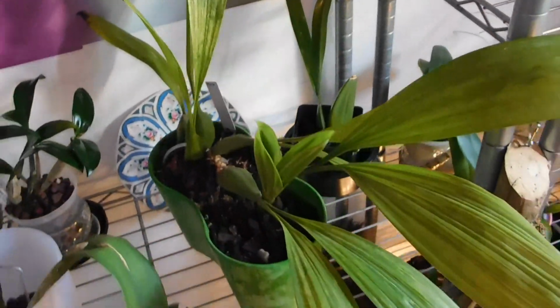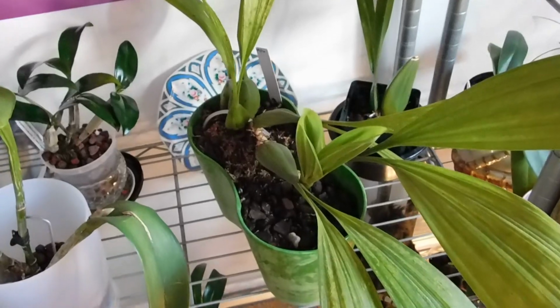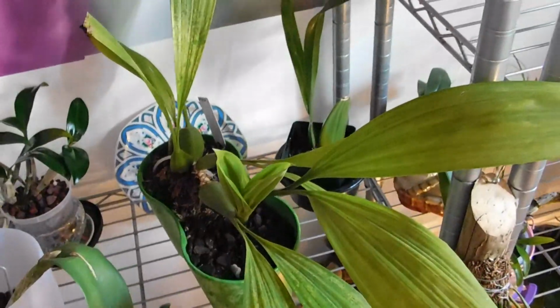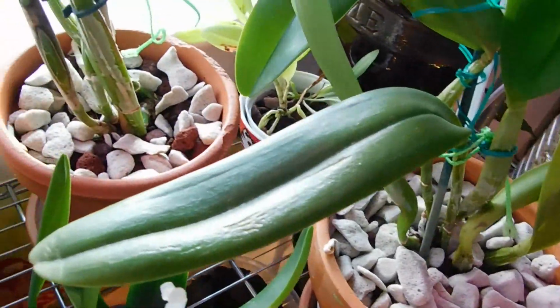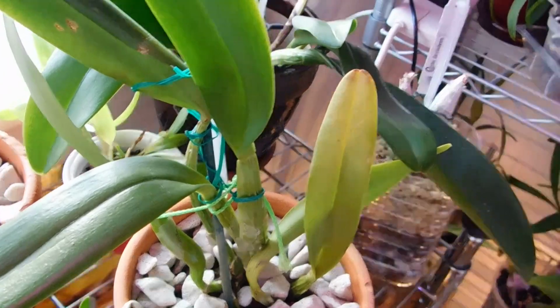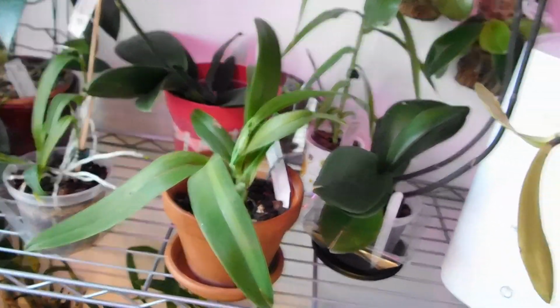So that's going to be it this week, folks. Nothing other than this. No new flowers developing. Just everything's coming along tickety-boo. So I think we'll finish over here, and